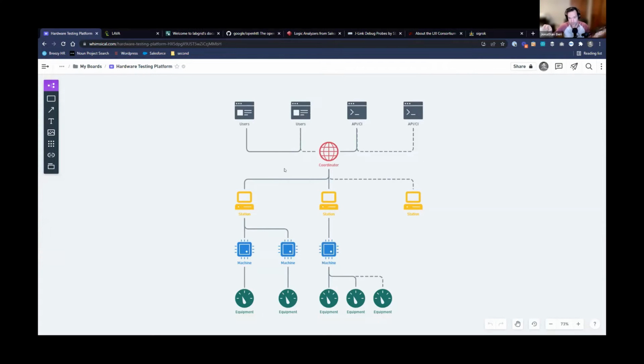And so from an architectural perspective, you can kind of squint and see, well, this station or the local site manager might be a higher end computer, like an Intel NUC or an IT 1U rack, or it could be something a little bit smaller. And then a bunch of these machines are connected via the station through some sort of interface.